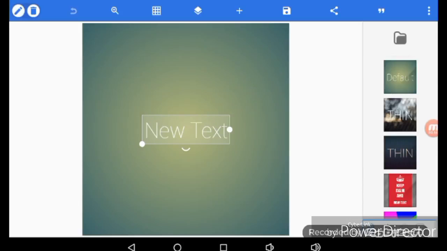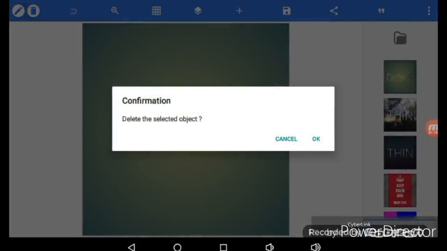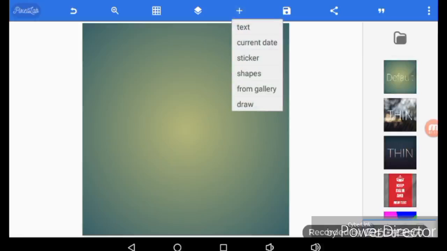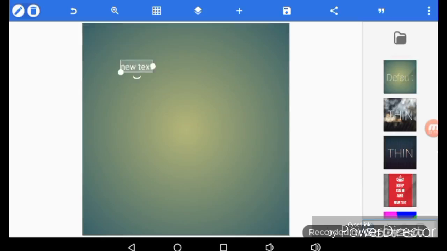Once you are here, you'll see that you can now create a text and background, but you should realize that it looks nothing like the other ones that I made. So how to make it look cool, you want to either delete this text. I just delete the text and then make a new one. I don't know why I do that, I just do. Don't judge me. Alright, I make a new text,